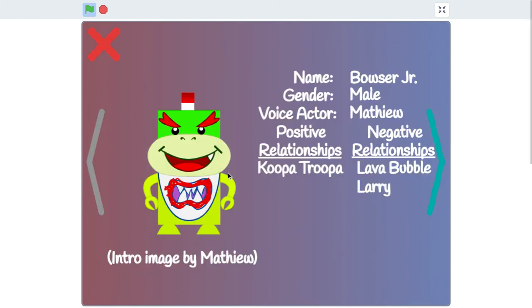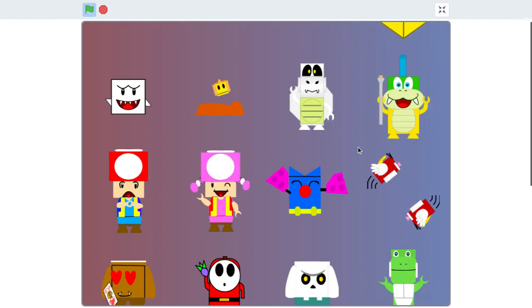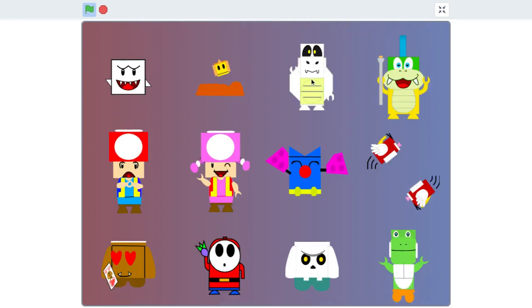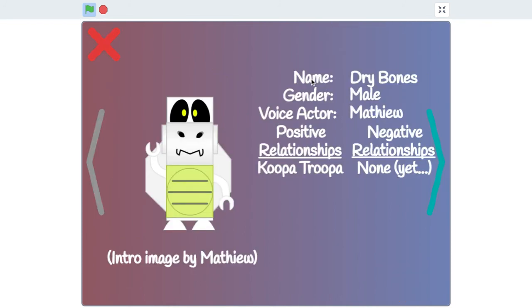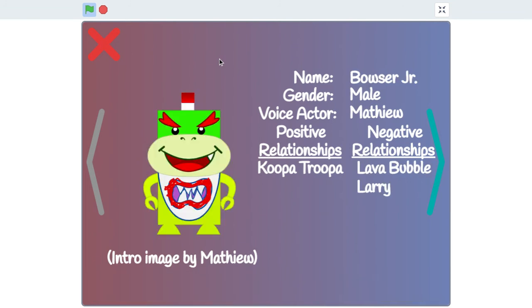So one option is, as you've seen me do a couple times, click this X and use the arrow keys or scrolling to go down and select Dry Bones. But the other option is press space, and then you can type in someone's name and jump to their character.